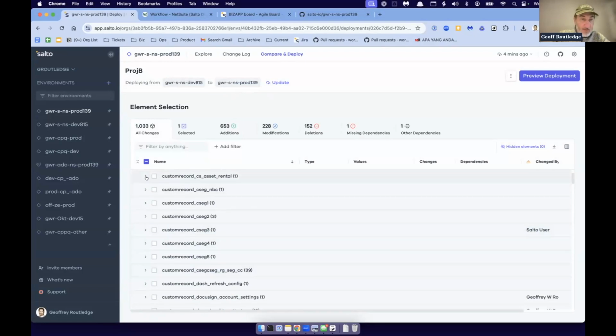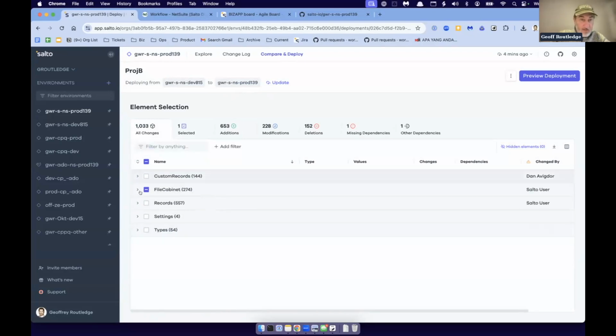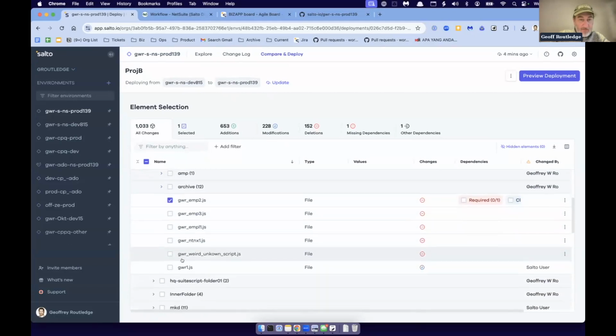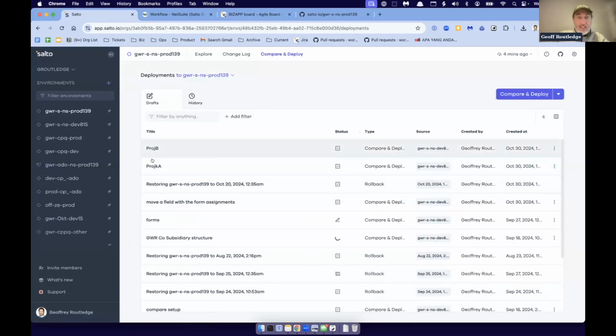Say I can grab these four suite scripts. Here we go. So say I want that one and this one as well. That's for Project B. Now, if I go back to my compare and deploy, these two things exist and